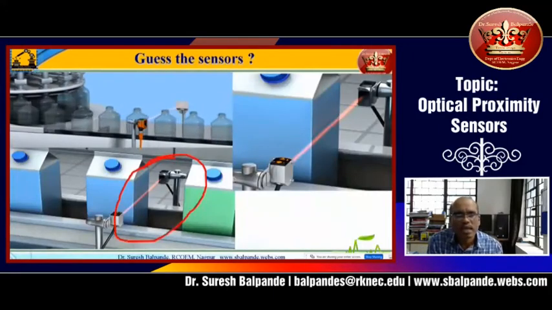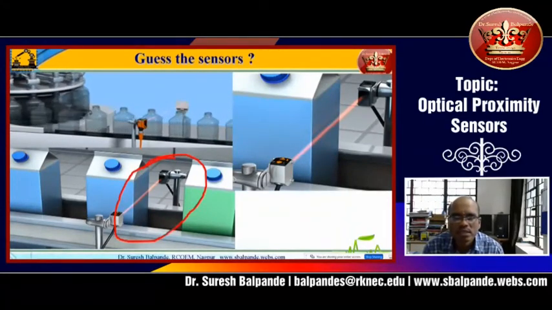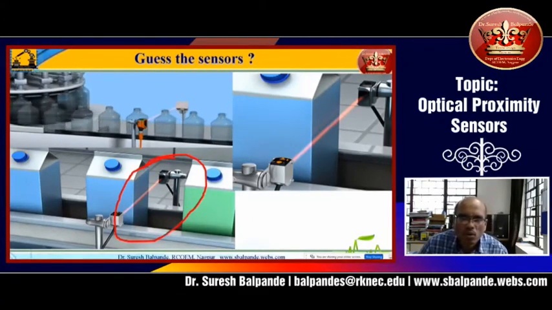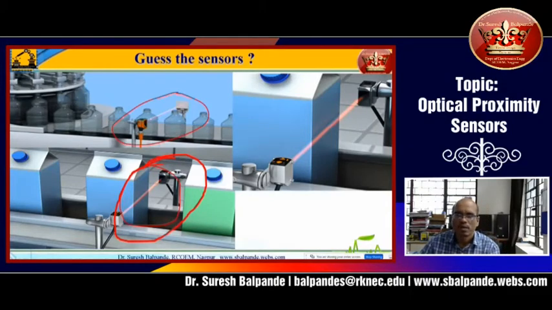So you can see this animation. Can you please tell me what kind of optical proximity sensor this is? There are two cases you can see, the lower one and the top one. Please let me know, the first case and this case. There are two cases. This is again the magnified view you can see here. So what type of proximity sensor is this? This is case A, and this is case B.